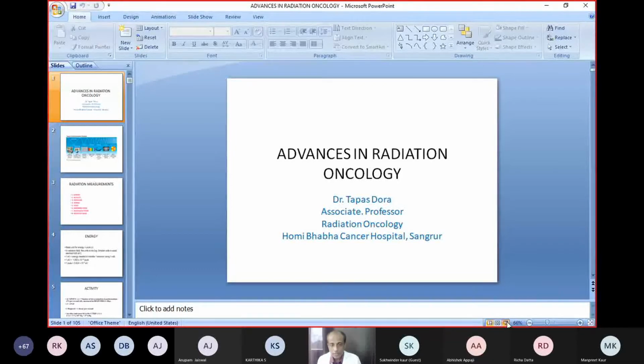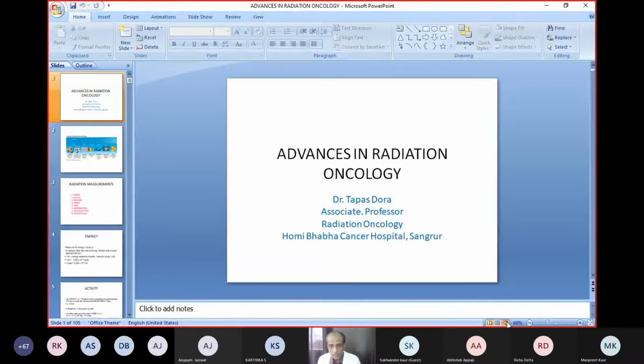So at the onset, on radiation, I think all of us must know the types of electromagnetic radiations, starting from the radio wave to microwave, infrared, visible light, ultraviolet, X-ray, and gamma ray. As a radiation oncologist, in cancer treatment we use mostly X-rays and gamma rays for the treatment of our patients. Gamma ray mostly comes from the intranuclear part of an atom, and X-ray comes from the electrons of an atom. This is the very basics to understand before going into radiation oncology.